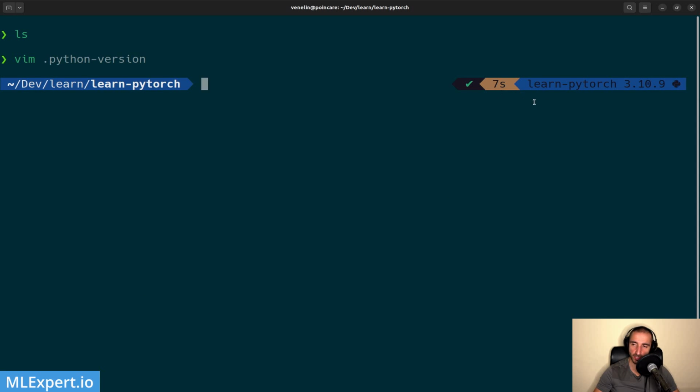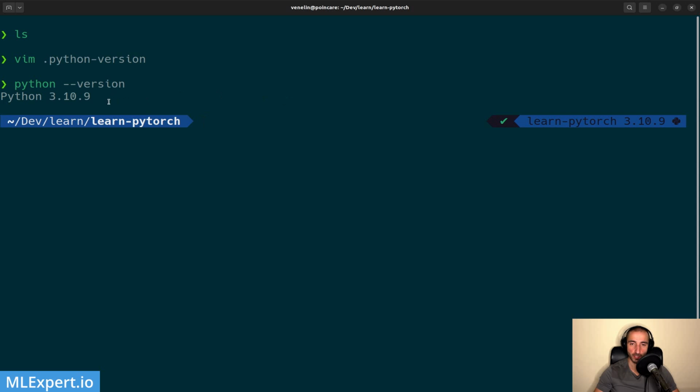If you're using ZSH, you should probably have a flag, or UI, that is showing you that you're currently using the correct version. I'm going to check this by typing .python-version, and this should be the version that we just installed. Now that I am in this directory learn-pytorch and we have the correct virtual environment version, I'm going to install